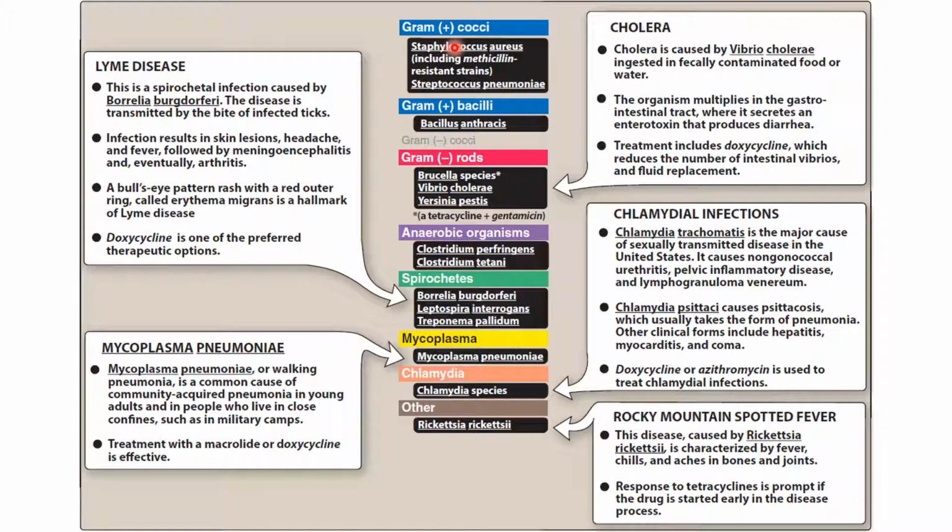Then the gram-negative flora is represented by Brucella and Vibrio cholerae, which leads to cholera. Cholera is a very dangerous disease, and we had a cholera outbreak in Kazan about 15 years ago,